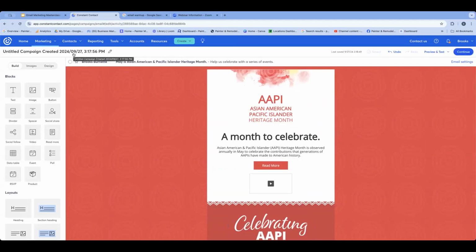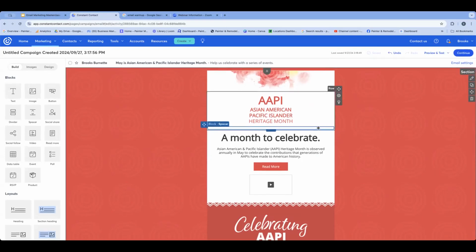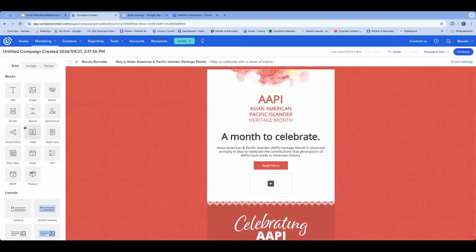So I would recommend it. Active Campaign is a little bit harder to use, but it's still a good option. That one's more of a CRM. And so it does more than just email and email marketing. But I think Constant Contact is a very, very good option. And there's lots of things that you can do pretty quickly.